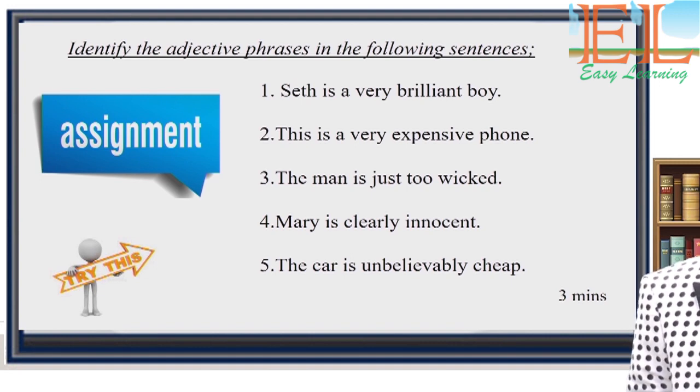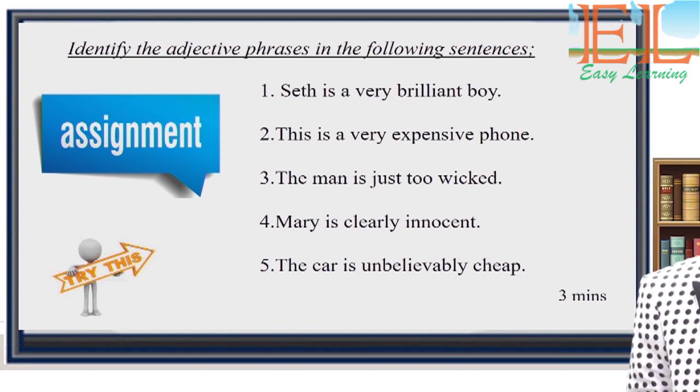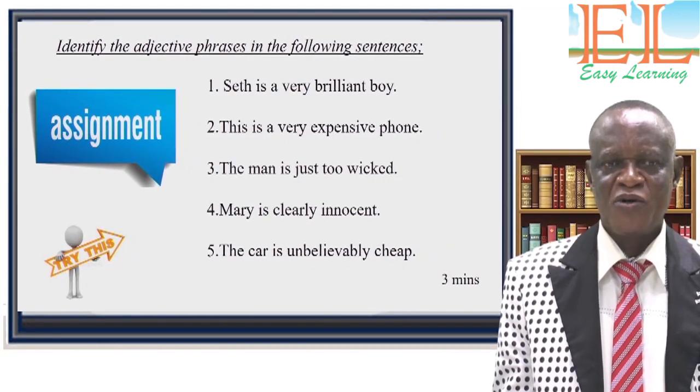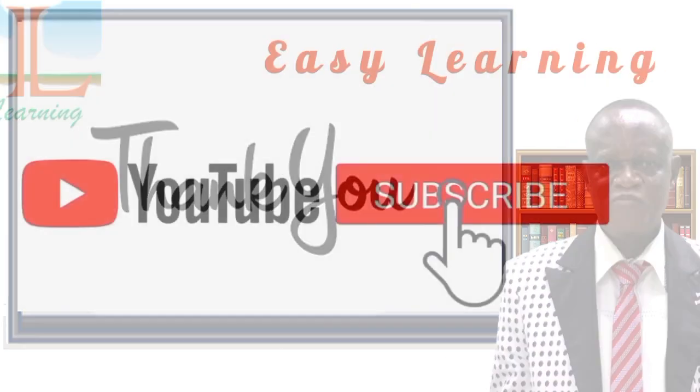The third one, we have just too wicked. Just too wicked is the adjective phrase. And the fourth one, clearly innocent, is the adjective phrase. Last but not least, unbelievably cheap is the adjective phrase in that sentence. The car is unbelievably cheap. Well done. Most of you got 5/5. I'm happy with your performance. Learners,